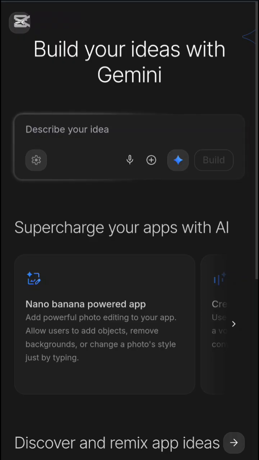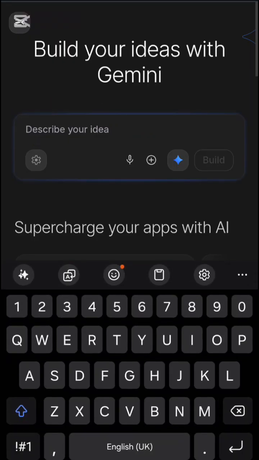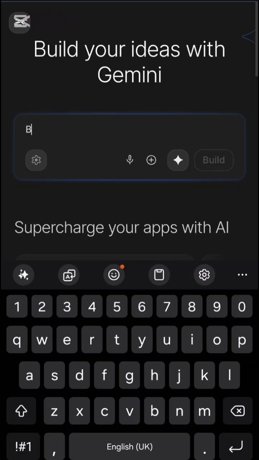As you can see, it's telling you build your ideas with Gemini. Gemini is the AI model for Google. Right now it's on Gemini 3. It's way much more advanced than all the previous Geminis they've been having. So as you can see in the prompt text field, it tells you describe your idea. So this is where we're going to describe our idea from. Our idea, like I said earlier on, our idea is to